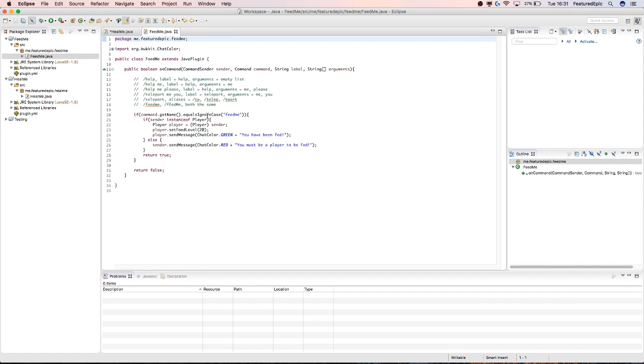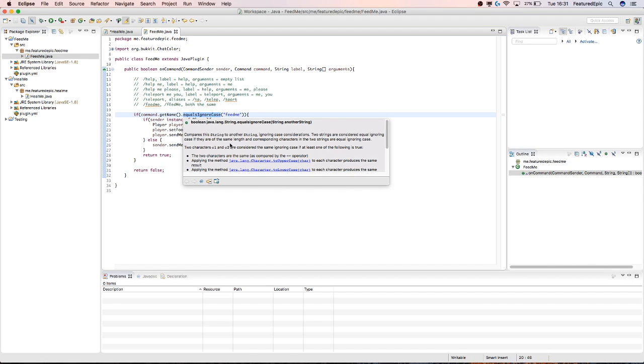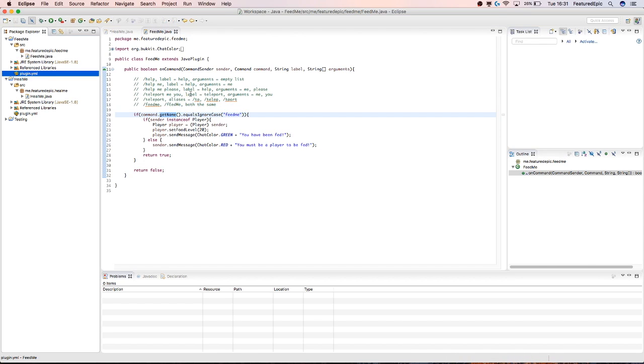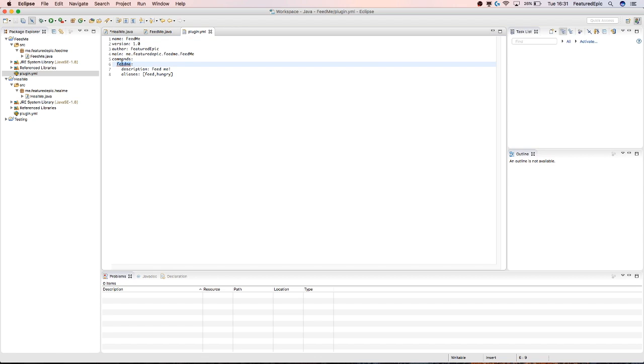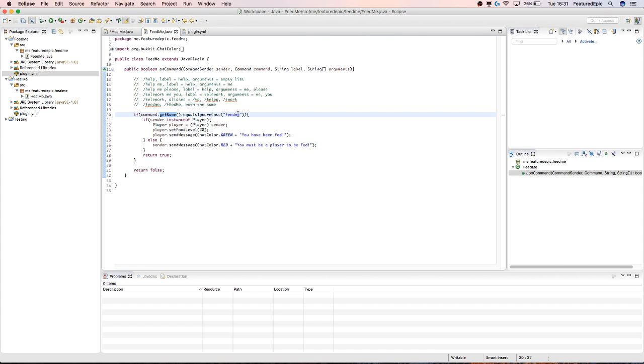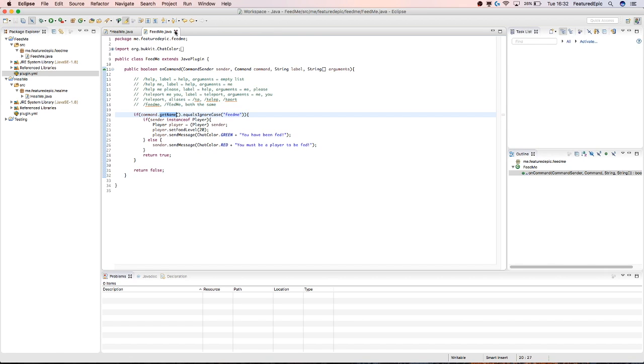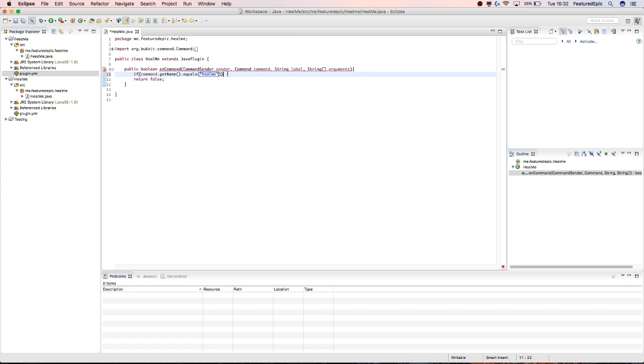And one thing I did last episode, which I've just realised that I didn't need to do, which I'm going to pick up on, is the equals ignore case. Because getName will always return whatever is set here in your plugin.yml. So there's no need to check if it's equals ignore case, because it's always going to be lowercase because we've set it to be lowercase here. So that's just something to bear in mind. So we can say if it's equal to HealMe,